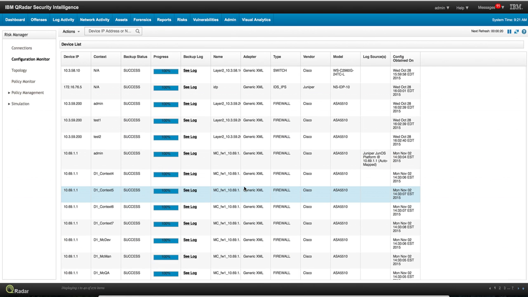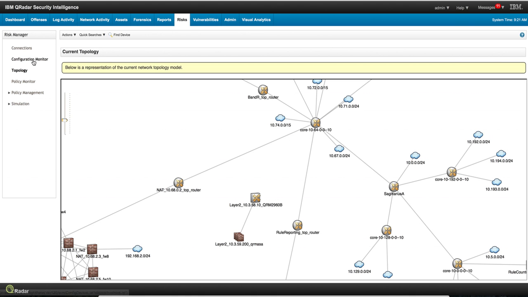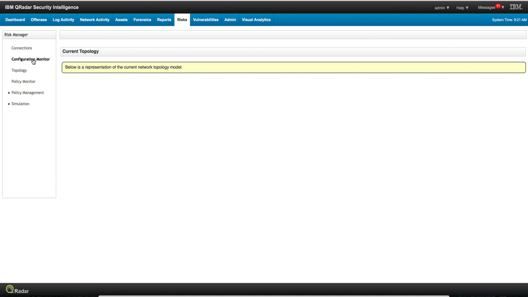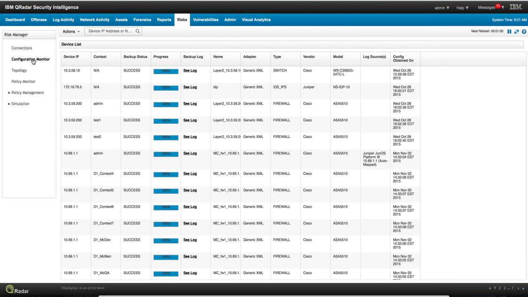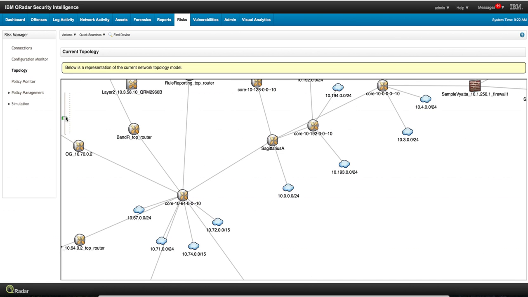Let us take a quick look at Risk Manager. One of the things that Risk Manager can do is, here in configuration monitor, we can specify read-only access into the switches, IPSs, firewalls, routers, etc. So QRadar Risk Manager can read the configuration of those devices, and among many things that it can do,